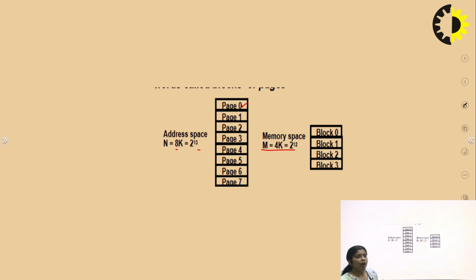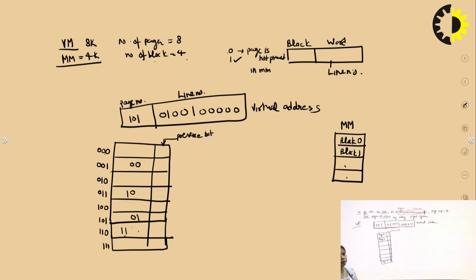It means when you are going to map all the data or information to this particular main memory, definitely only 4 pages will be stored in the main memory, and all other 4 pages will remain in the virtual memory, because the main memory has only 4 blocks. So that's why there is a requirement of the presence bit, to show that this particular page is present in the particular block of the main memory.